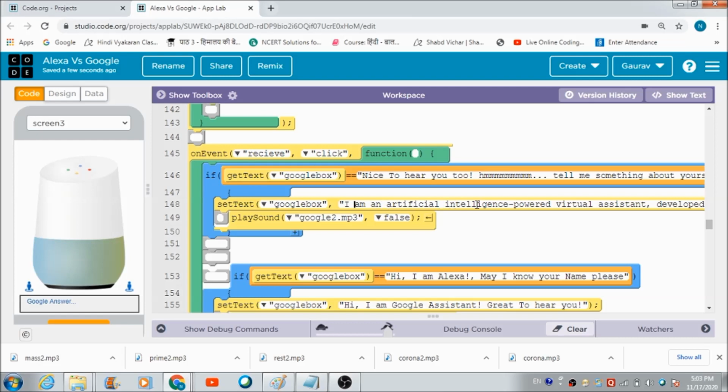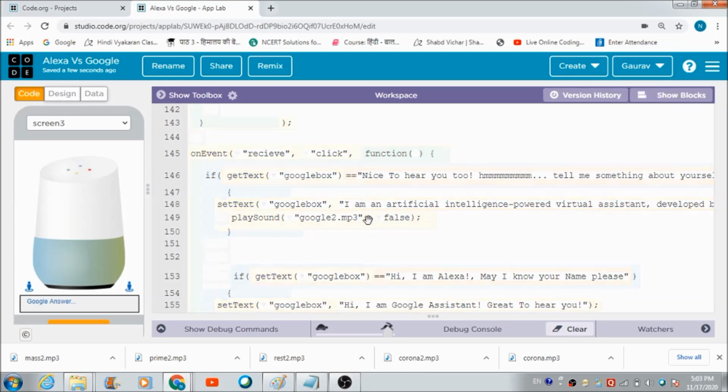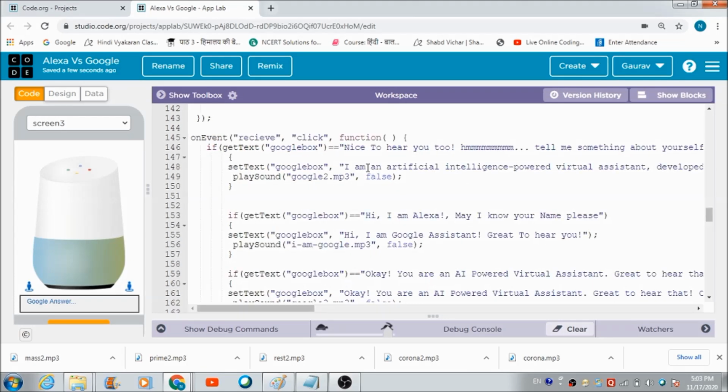"I am an artificial intelligence powered virtual assistant." This is the reply which Google Assistant is going to give, in the form of text, which is going to get reflected over here, and in the form of a sound also. The user will be able to hear a sound too. Let me show it to you practically.